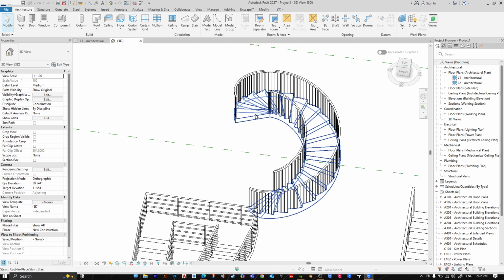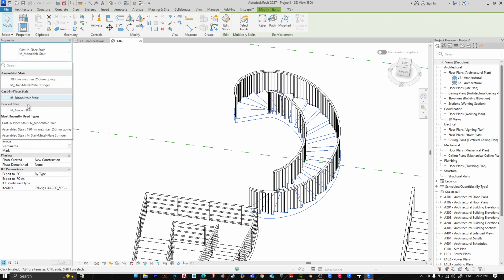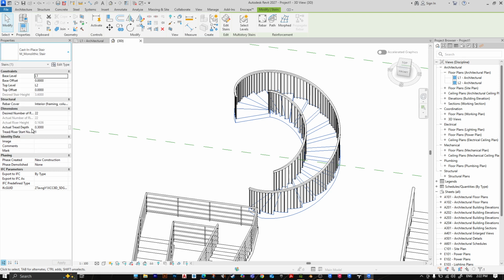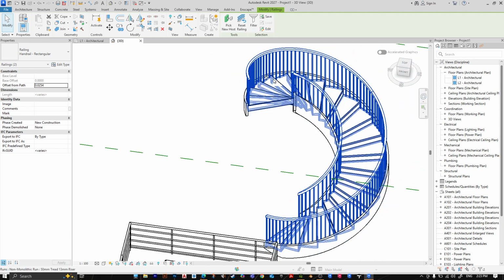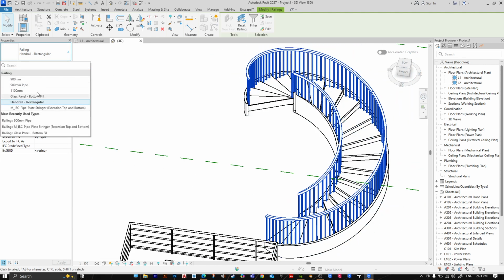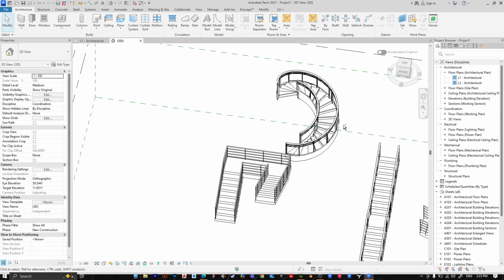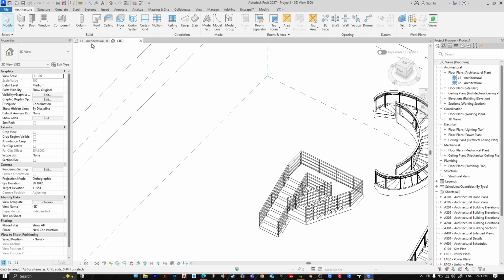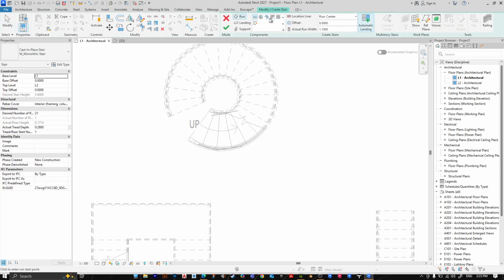You can also select these stairs, then go to properties, then change whatever you want from here. The same railing, select them, then choose whatever you want. Let's make it glass, and here it is. Again, go to floor plan level 1, then stair, then let's select this one,